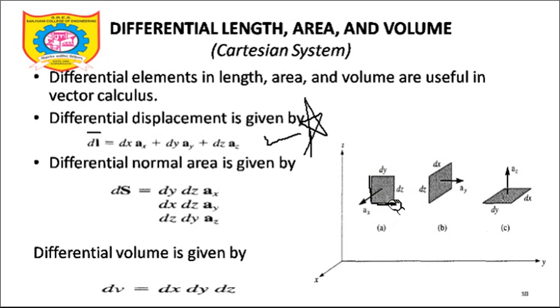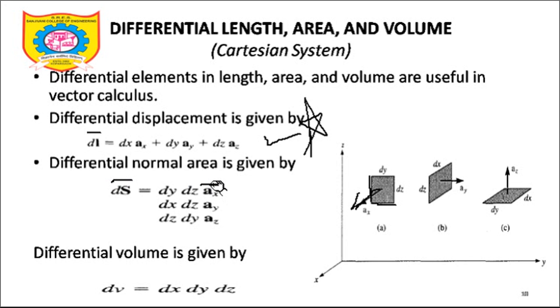So variation along y is dy, variation along z is dz. So it is the dy dz plane, and as we know, surface is a vector quantity. There must be a unit vector in the direction perpendicular to that particular surface. So if I draw this unit vector, it is in the ax bar direction. So ds bar, if it is a yz plane, is dy dz ax bar.